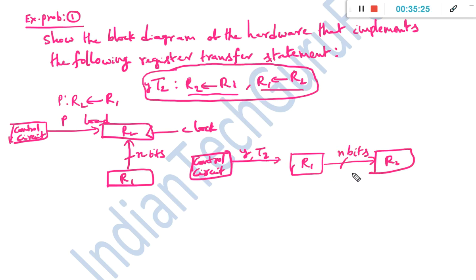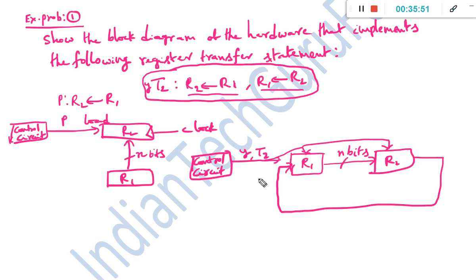However, we need to perform one more operation. What is that operation? From R2 to R1. So from R2 I need to move the content to R1 also. Okay. So how are these operations performed? Based on the values of Y as well as T2. So who is going to control the values of Y as well as T2? The control circuit. Here also I am going to transfer n bits from R2 to R1,